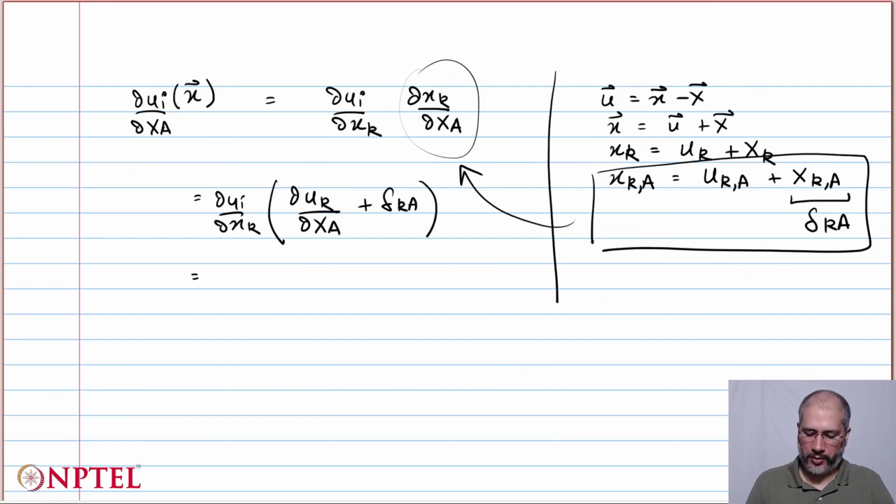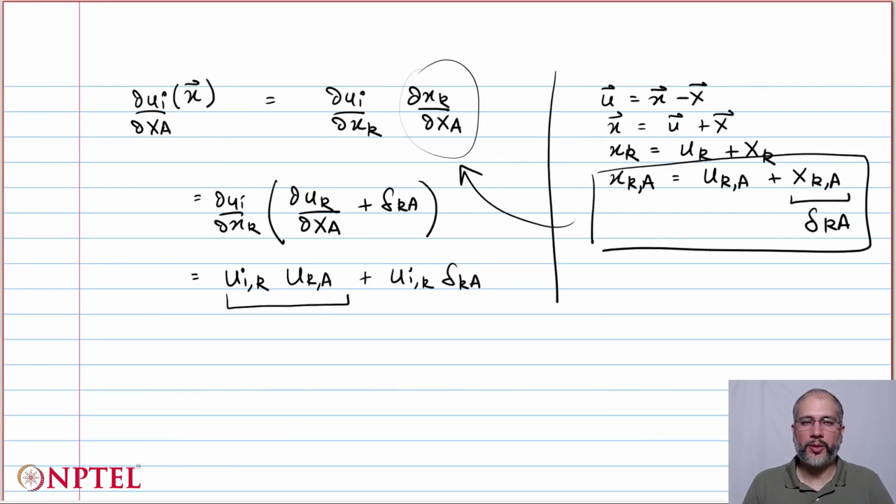We open the brackets now. So I'll use u_i,k, the common notation now, and then you have u_k,A plus u_i,k times delta_kA. Now we see that this is a product of two displacement gradients, and this just has one. So when I add a very small quantity to a small quantity, that approximately is equal to u_i,k delta_kA,